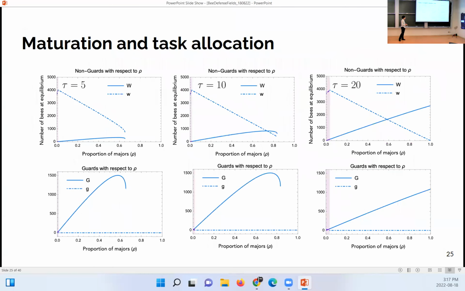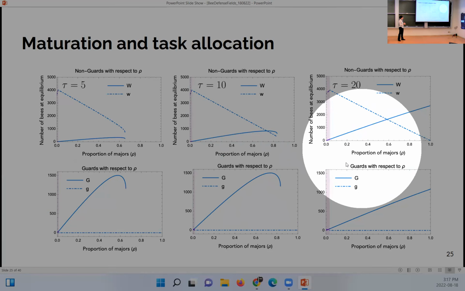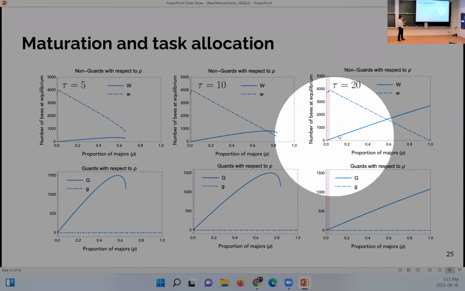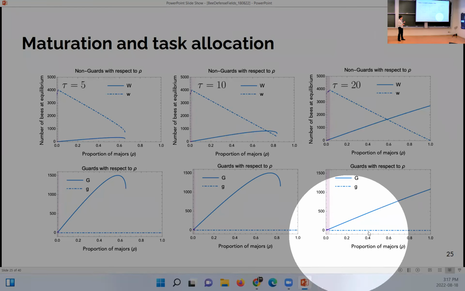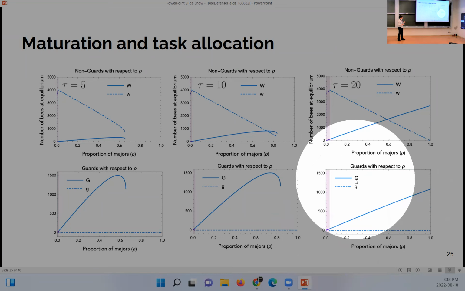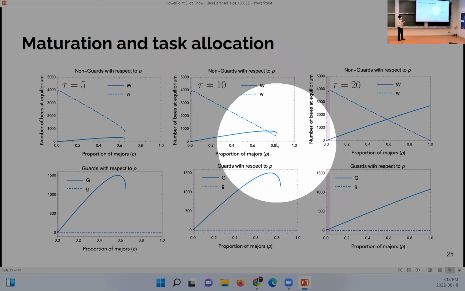So with that, this is just a deeper look into task allocation. So we saw the colony size for different taus. Now we're looking at the actual allocations of who's doing what inside the colony. And so this would be the biologically common situation. So about 20 days of maturation. As you increase the proportion of majors, then of course you get less minors, which makes a lot of sense, and more major workers. And you get 0 minor guards, which is good because we have no replacement, and increasing number of major guards. But if you start to decrease the maturation time, then you start getting this